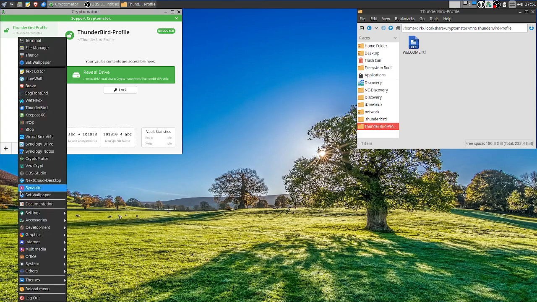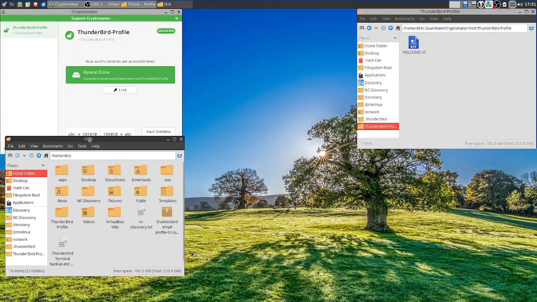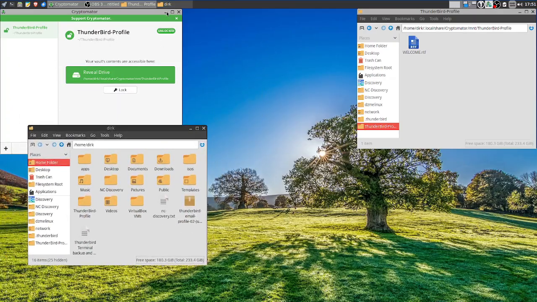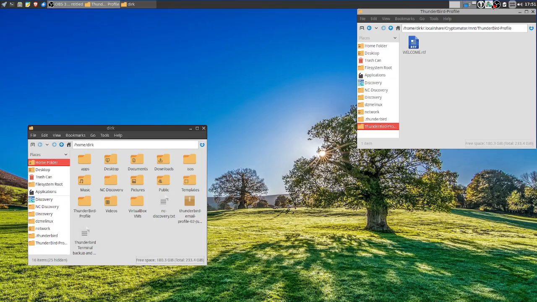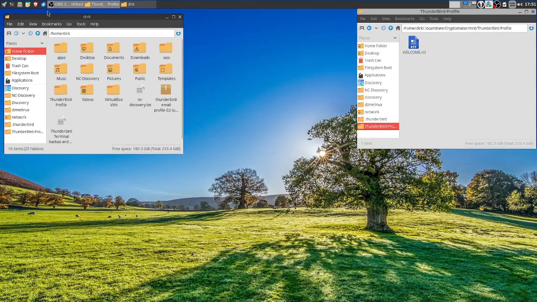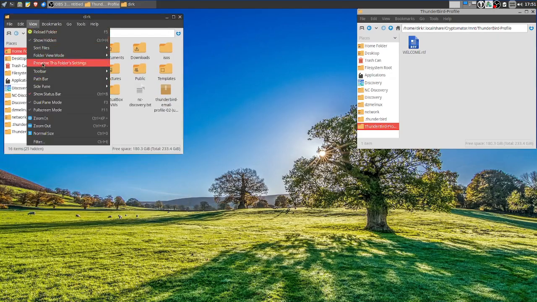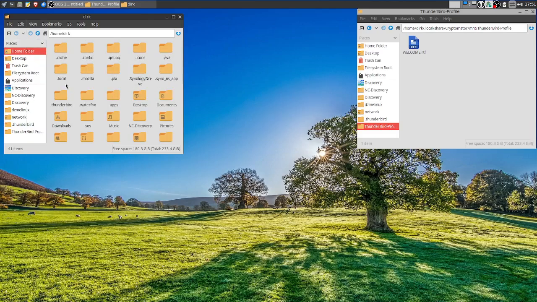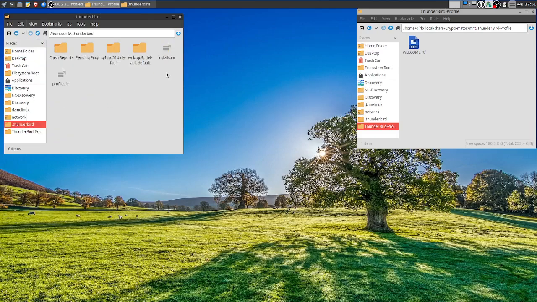So my folder, I use Thunar now. Oh, I use File Manager. I want to see if PCManFM can do the same thing. So I just close that for now here. It should stay open. There it is with the lock open, so it does work. Now I go here and say, show me the hidden files. Here's my Thunderbird folder, and this is my, I cut it, I want it out of there, and